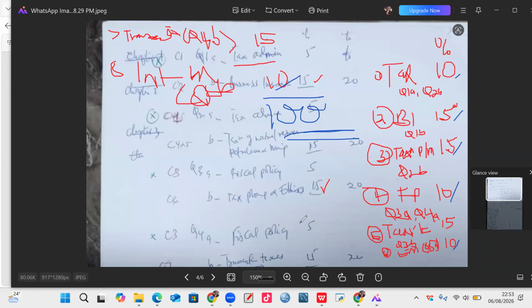So when the lecture notes are titled, we know where they are coming from. When I pick the lecture notes on tax administration, I know they will feature in 2 different parts of the exam question: question 1A and question 2A. If it's fiscal policy, I know 2 different parts of the questions, each with 5 marks, question 3A and question 4A. Then, if it is business income, 15 marks, I'll learn how to solve all the different aspects of the question, because I know that when I go to the exam, it is coming live at question 1B.